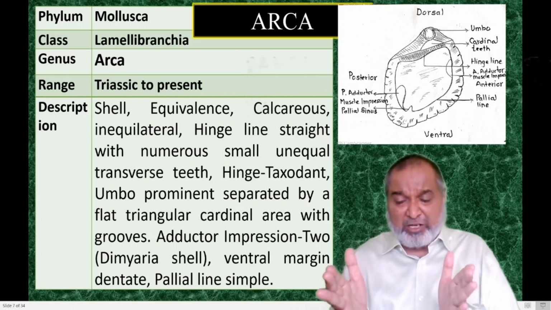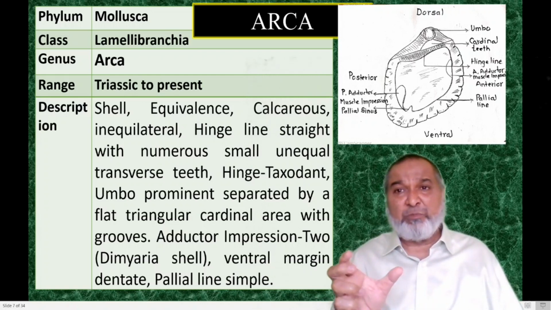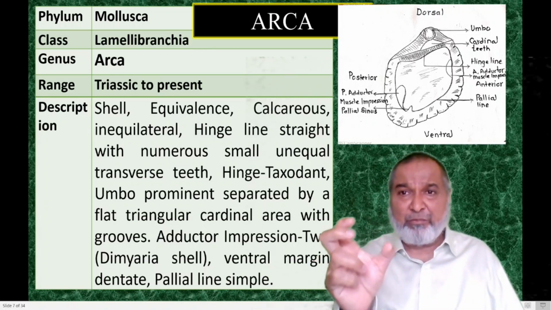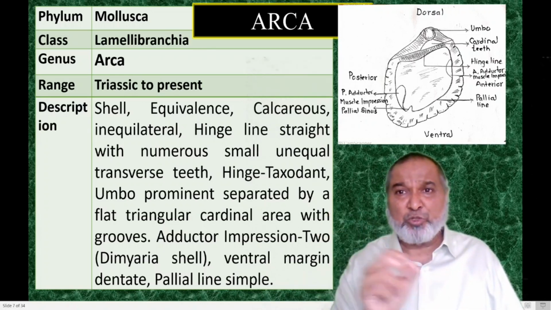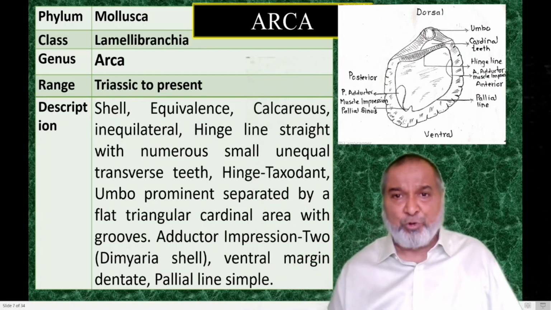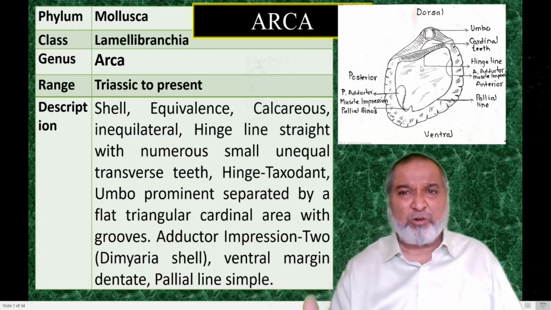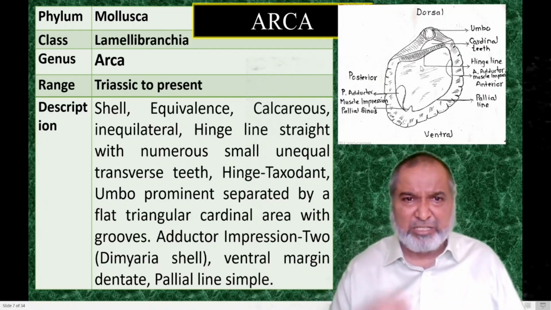Wherever the students are sitting on one chair, now a third is going to sit, so the size will be reduced. Here the teeth are more, so the size will be reduced. That is called taxodont. There are different types of dentition; hinge lines are there. That is called dentition, the dentition part will be there.